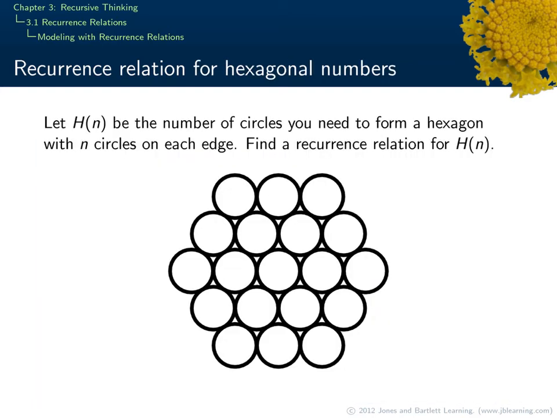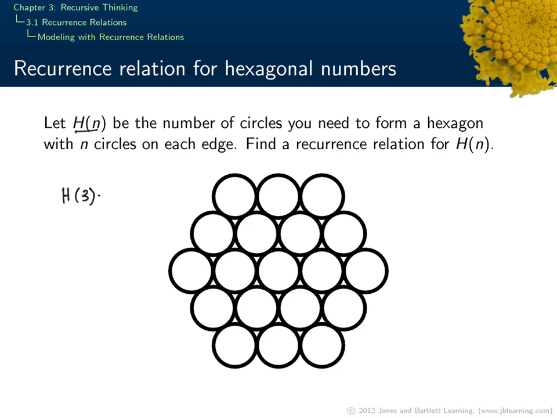So now we're going to form a recurrence relation for the hexagonal numbers. So we're going to let h of n be the number of circles you need to form a hexagon with n circles on each edge. So what we have pictured here is the number of circles to form a hexagon with 3 circles on each